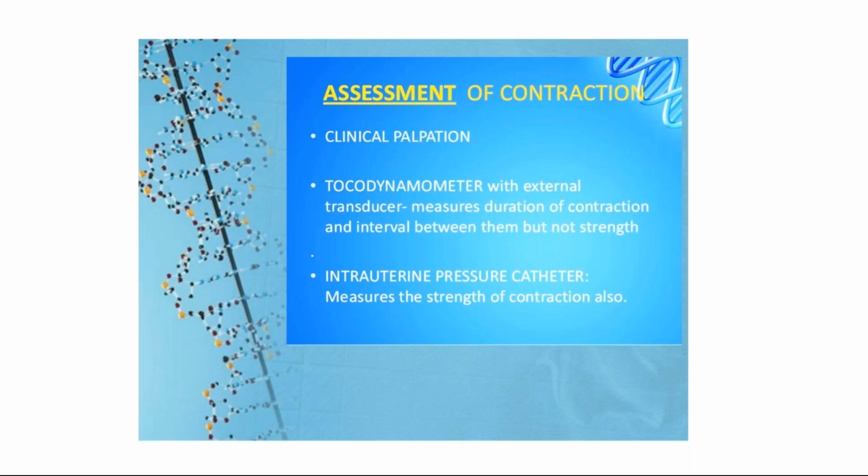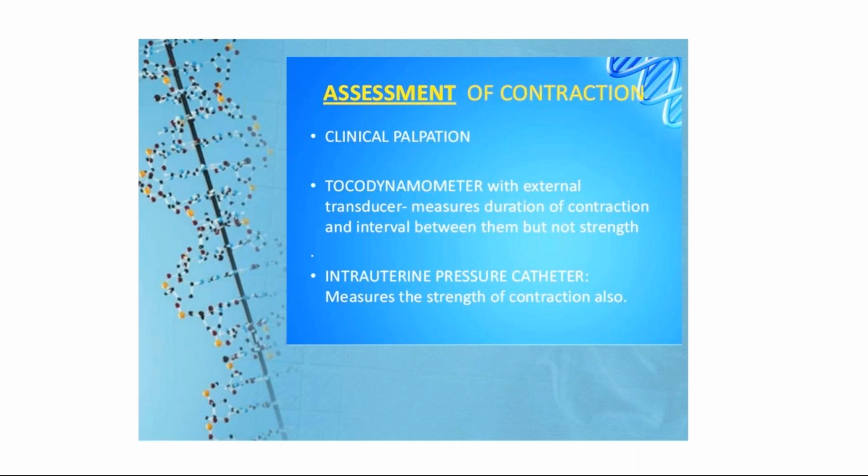But there will be subjective variation and there is no record. Whereas now we have CTG machines, cardiotocogram machines. All of you would have seen them in the labor room. They record both the fetal heart as well as the contractions. That is known as a cardiotocogram, with a tocodynamometer. This is external monitoring, where the transducers are placed over the abdomen of the patient and measure the uterine contraction.